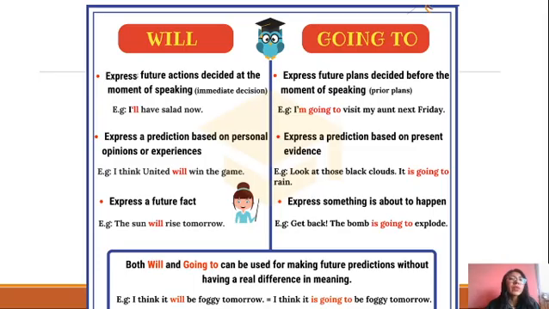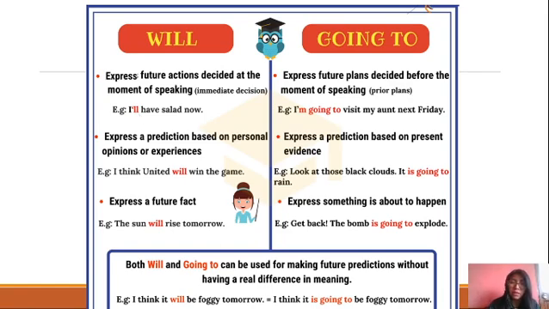Okay, remember, in the last classes we reviewed the use of will and the use of be going to. Today we are going to review the difference between both future tenses. Remember, we are going to use will and going to in order to speak about the future. What is the difference? Pay attention. We are going to use will in order to express future actions decided at the moment of speaking. It means immediate decisions, spontaneous decisions. For example, I will have salad now. That is my future action that I think of in this moment.